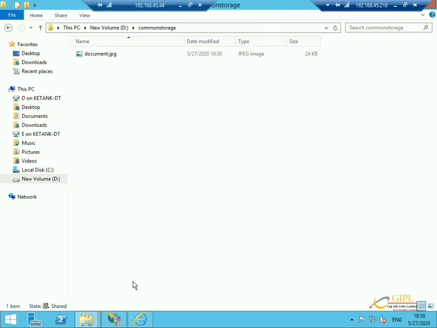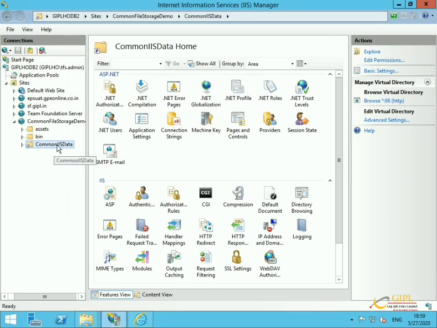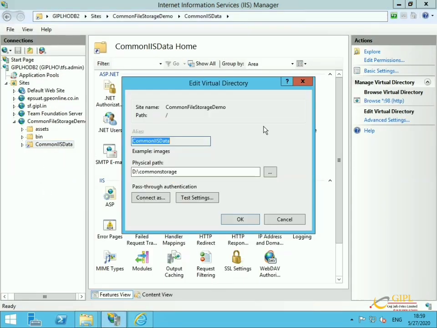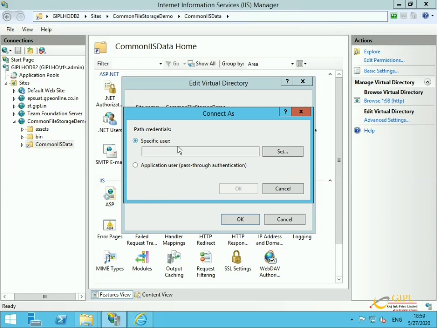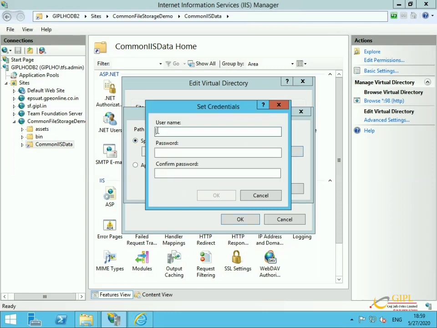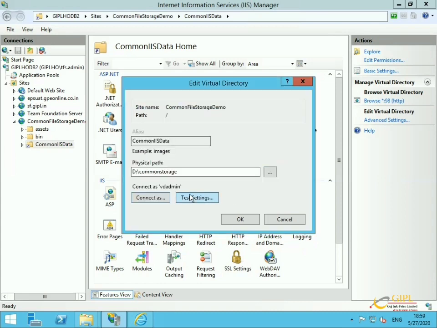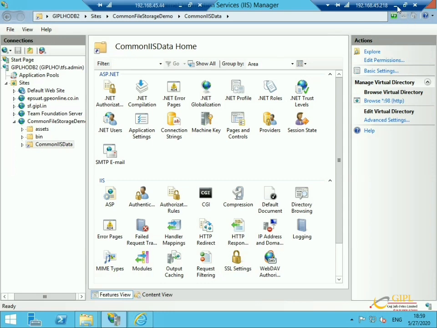Now we need it in the file system. How can IIS understand? For that we need to access this virtual directory with connect as a specific user. Here, VD admin, password same. Let me test settings. Authorization done. That's it.